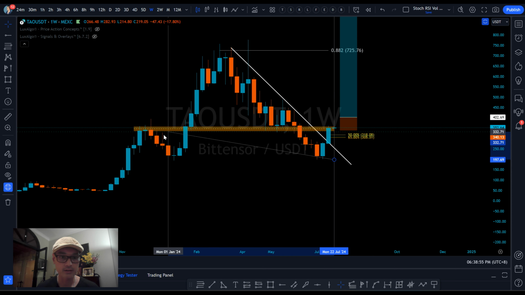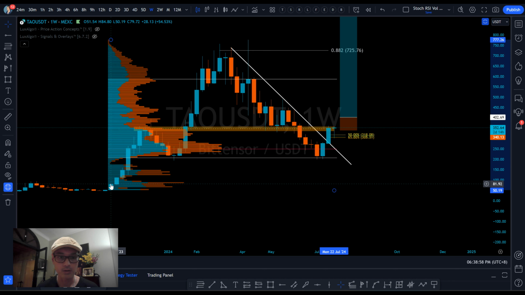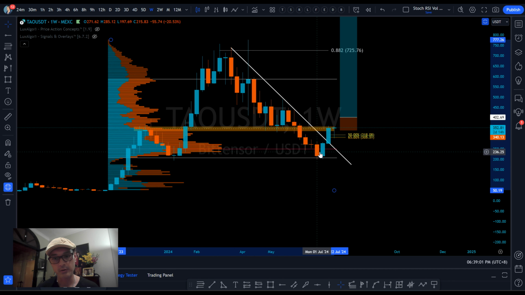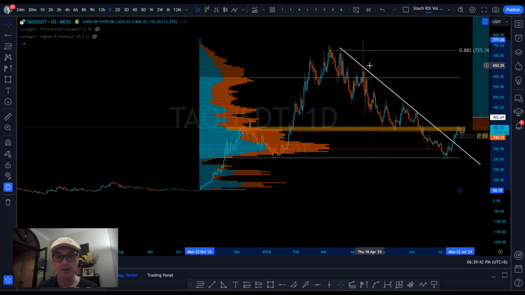However, if you drag this out to more recent but not all the way, you can see that the point of control was down here and it did come down and revisit that. This top line shows that this is the value area high and this is the value area low, which means the market accepts this price level as the low and this price level as the high, and the point of control is here. Now this is on a very zoomed out level, so I wouldn't necessarily be using this for take profit zones. However, if we zoom down to the daily chart